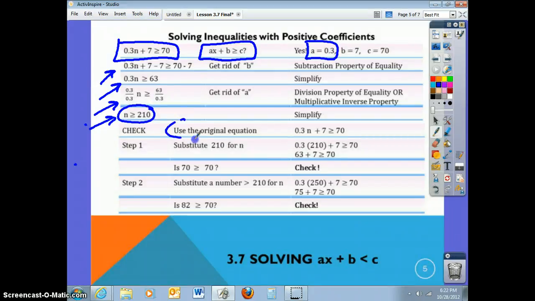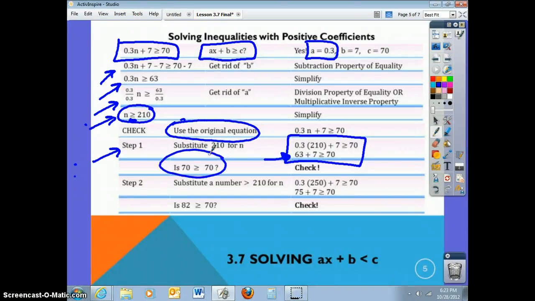Go back to the original inequality, and in the original inequality, substitute first the 210, the number that makes it equal in that solution. When you put 210 in, you get 0.3 times 210 plus 7 is greater than or equal to 70. And 0.3 times 210 is 63. So 63 plus 7 is greater than or equal to 70, because 70 is greater than or equal to 70. It's obviously the equal to part. Then the second part of this